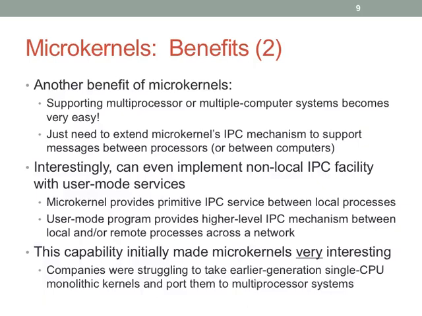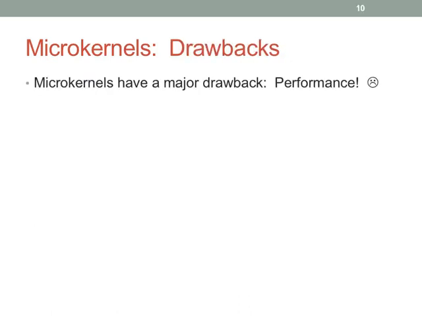Okay. Now, I think it's called GNU Hurd. I don't know if anybody's familiar with that project, but that's actually an example of a system that supports non-local IPC and can actually run on clusters of computers relatively easily. So, pretty neat approach. You can see that it has a lot of really interesting benefits and upsides. Here's the issue. It is dog slow, and I don't know what else to say besides that.